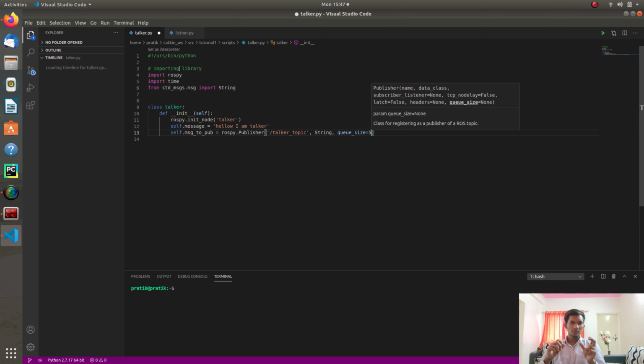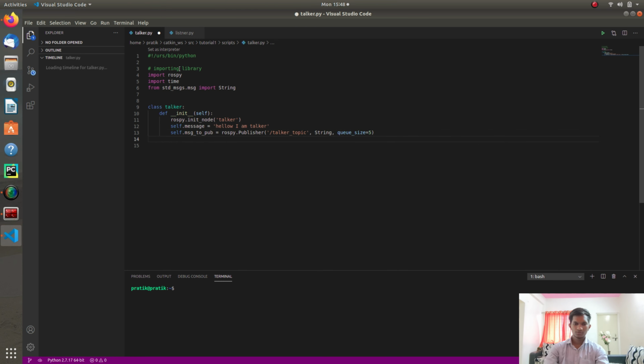So to manage the data loss, there is a queue specified here. At least 5 data points would be stored in this queue, and whenever the listener node is available for listening, it will take this message from the queue. So here is the queue size specified. Okay, now we are done with the init function.